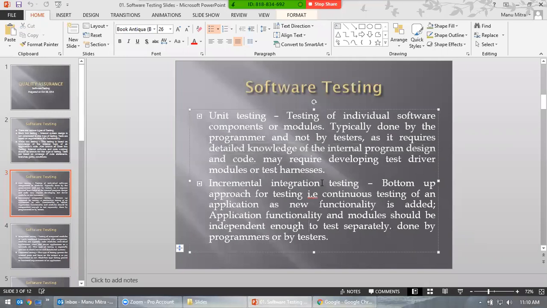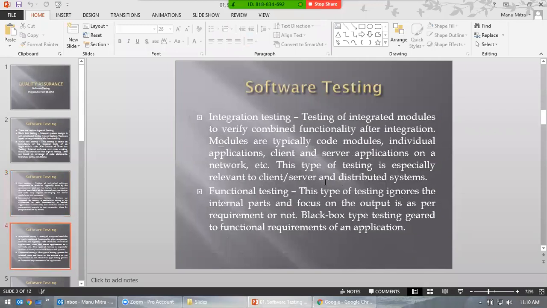So let's go to the next one. Before going to incremental, we'll talk about functional testing. This is very important. So what is functional testing? Functional testing is testing any functionality of an application. Functionality or features of an application is called functional testing. And what is a functionality? It can be anything from an edit box, text box, field value, static text, rolling down buttons, drop down box, drop down buttons. All of these are examples of functional testing.